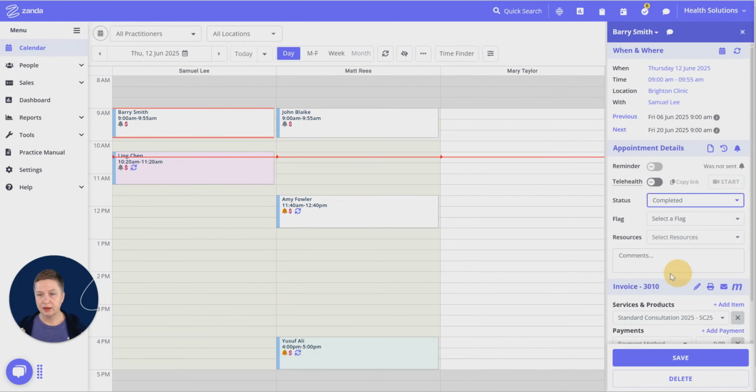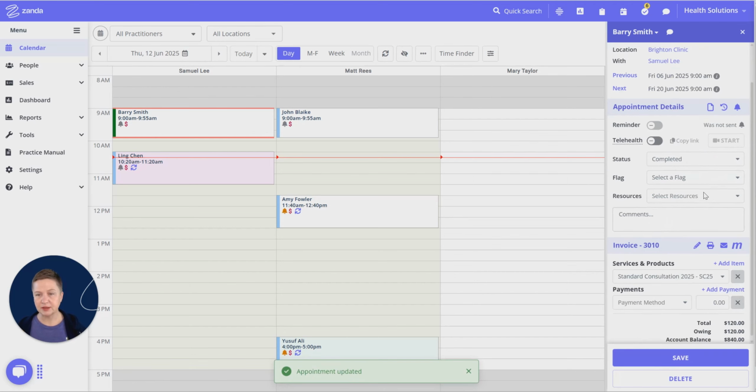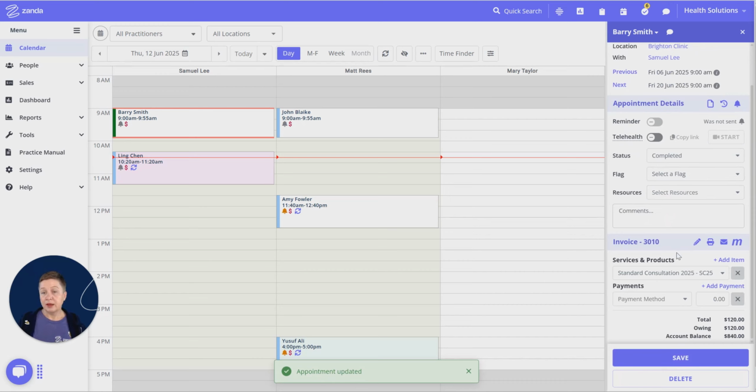It's probably, let's change the status to completed because the service has been provided to the client. Wonderful. So now we scroll to the invoicing section of the appointment panel, and here we have the payments option,